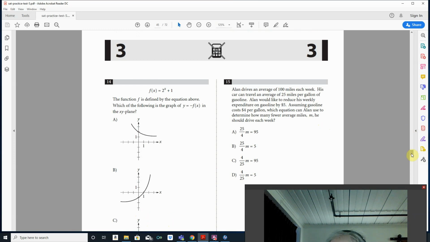Alan drives an average of 100 miles per week, each week. His car can travel an average of 25 miles per gallon of gasoline. Alan would like to reduce his weekly expenditure on gasoline by $5. Assuming gasoline costs $4 per gallon, which equation? Okay. So it's just going to be